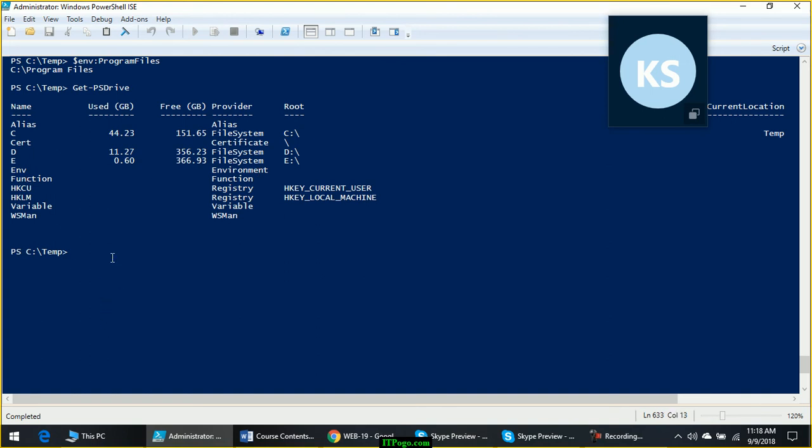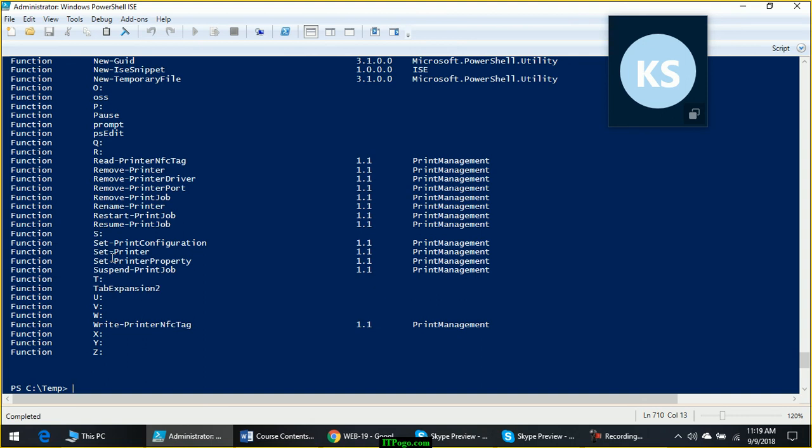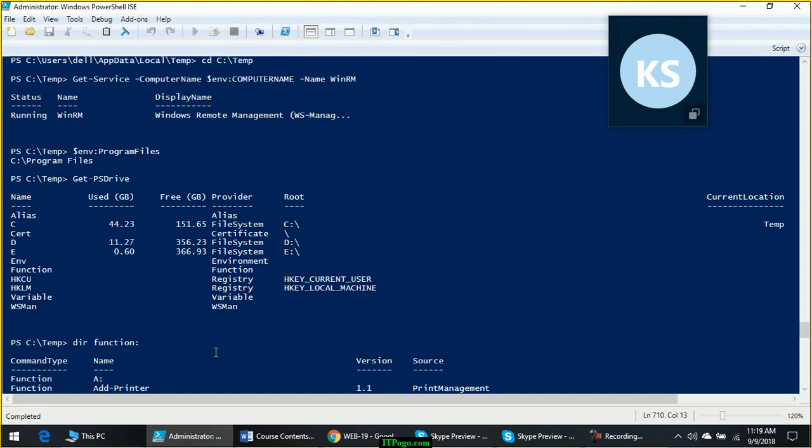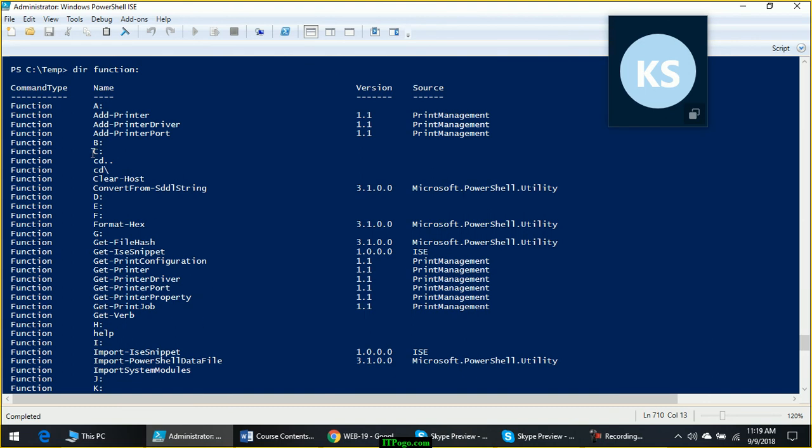Now when you look at dir function:, and again regarding functions, for now I will give you just basic information about this. There is a dedicated chapter for writing your own functions. That time we will discuss more about functions. So whatever PowerShell functions are currently available in memory, those functions will be available under function:. And if you want to understand how that function works, you can look at the source code of that function. I will show you how.